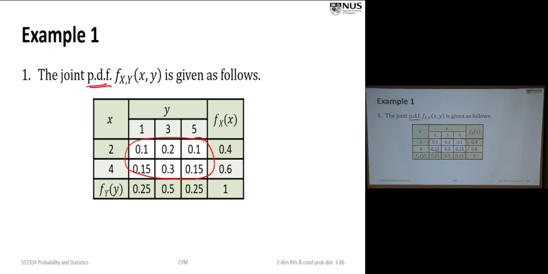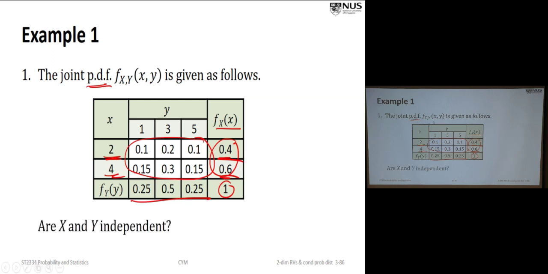Make sure that every one represents a probability. In this case, each is bigger or equal to 0, and they also sum up to 1. All right, so this is the f of x. So f of x, when x equals 2, is 0.4. When x equals 4, it is 0.6. And this is f of y. So we can work out from the joint distribution the marginal distribution of x and y respectively.